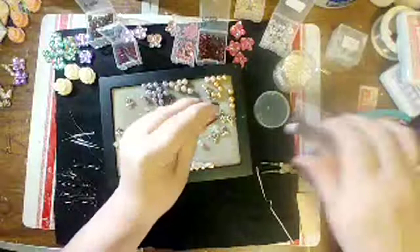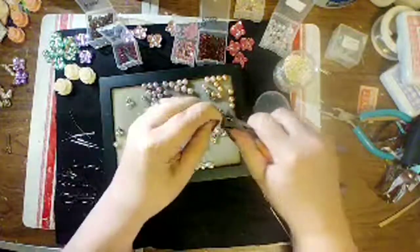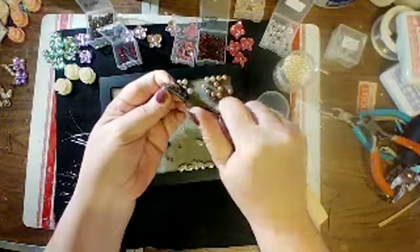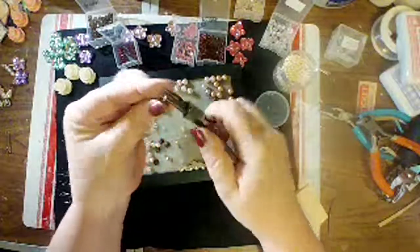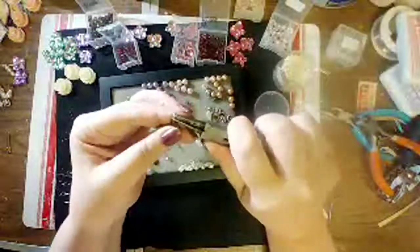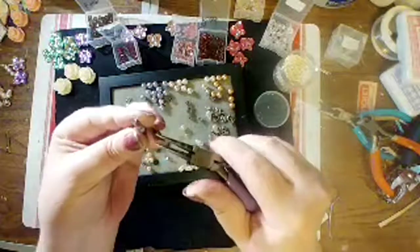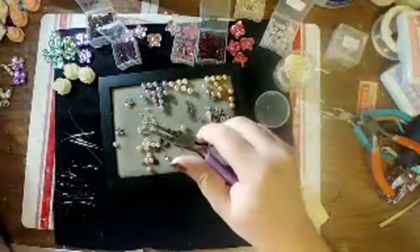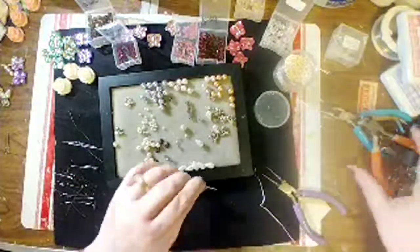And I'm going to cut the top off again, so y'all can see about how much I'm cutting. And then bring it back to center. And there we go. So you can make a whole bunch of these really fast. I want to do one more with the angel. And then